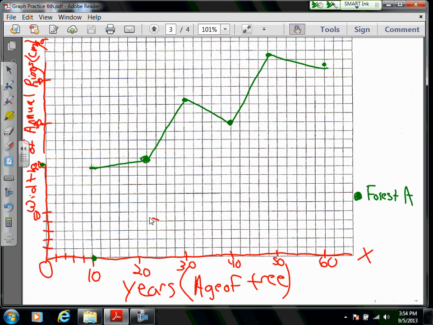Then you're going to go back, and with another color, you are going to do Forest B. So Forest B at 10 years, it was 2.2. At 20 years, it was 2.5. Oops, I made that dot over there, the first one wrong. 2.5. And then at 30 years, it was 3.5,